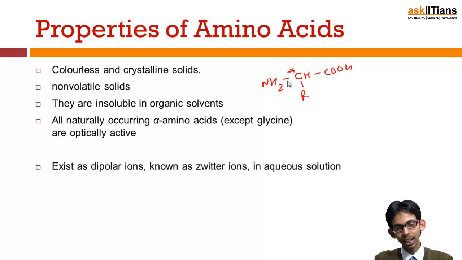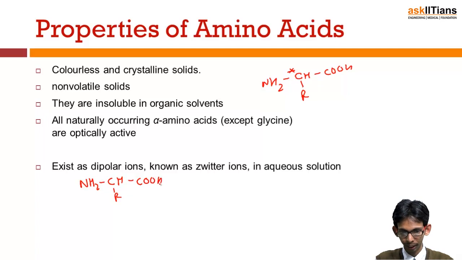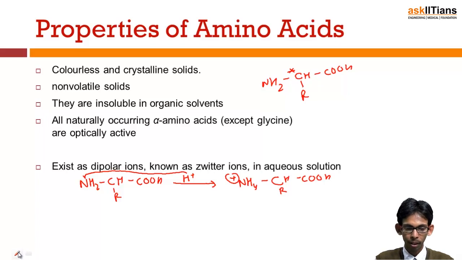Now amino acids exist in a dipolar ion state, which is known as zwitter ion. Let me write the amino acid once again: NH2CHRCOOH, where R is the side chain. If the pH is acidic, the proton will attack the amino group and it will be formed as NH3+CHRCOOH. If the pH is in the basic range, then the acidic group will release the proton and the compound will be formed like this,